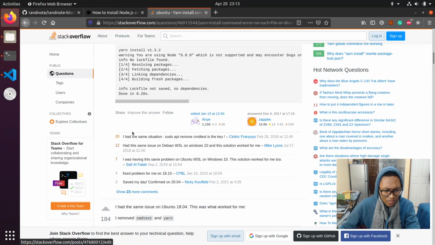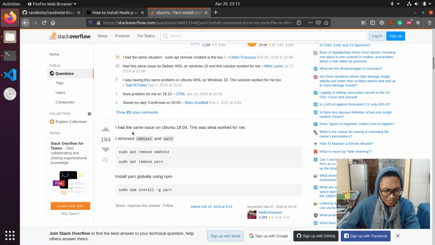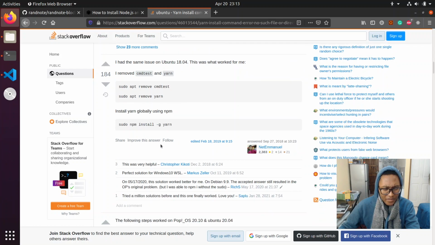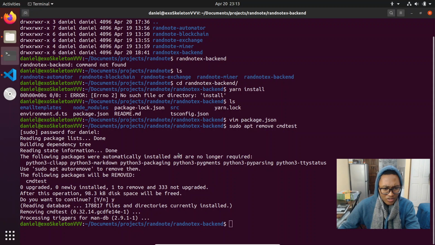Okay, it seems like a lot of people love this. Oh, sudo apt remove cmdtest, sudo apt remove yarn, sudo npm. Yeah, I should have just installed yarn